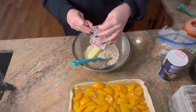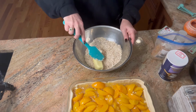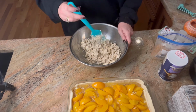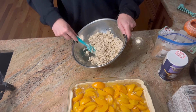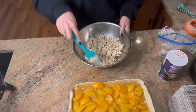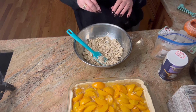There we go. And I'm gonna start working that together first into the oats. Okay, so I've got that 1/2 cup or 1 stick of butter that was softened. You could have melted it, it would have been easier to stir, but I like mine more crumbly than just liquidy. So our 2 cups of quick oats, our 1/2 cup of butter,